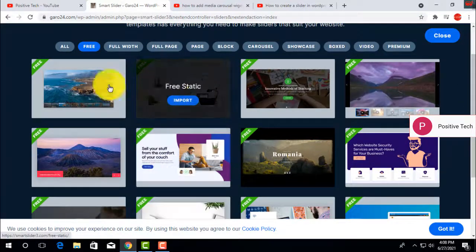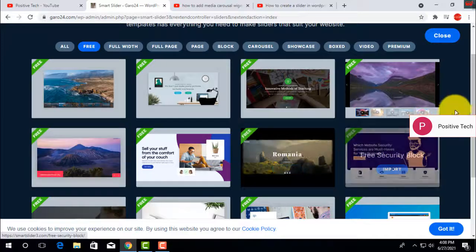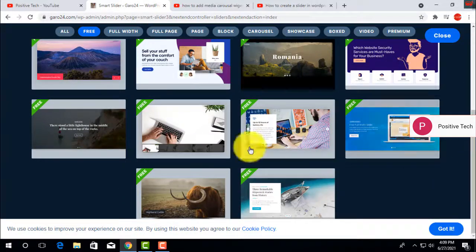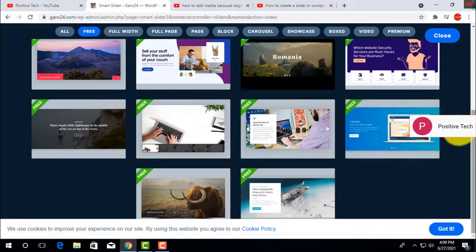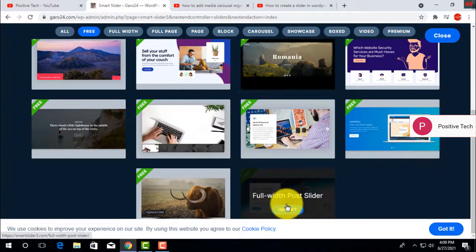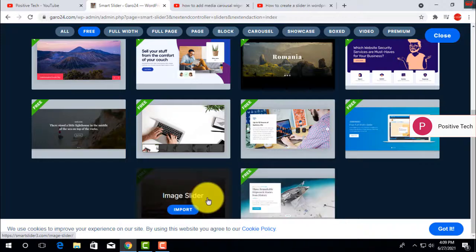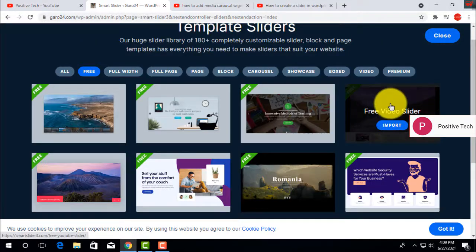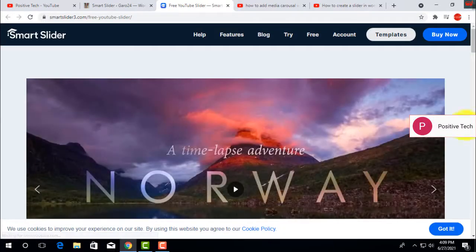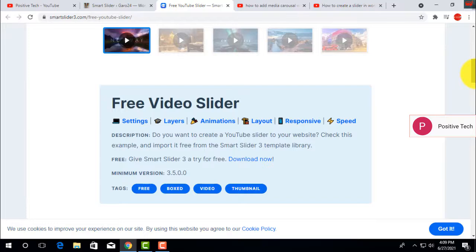If you don't select free, then you have to pay for some sliders. Okay, so here all are free sliders, and I am showing you a free slider today. So you can use these in your WordPress website, in your home page, or in your contact page, or anything. So if you go to the preview, that slider will be